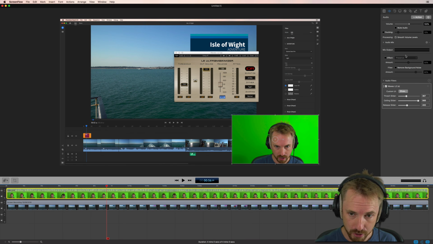The second, using a third-party plugin, Waves L2. Just search and install the L2 plugin, access it in audio filters, and move your threshold down to make